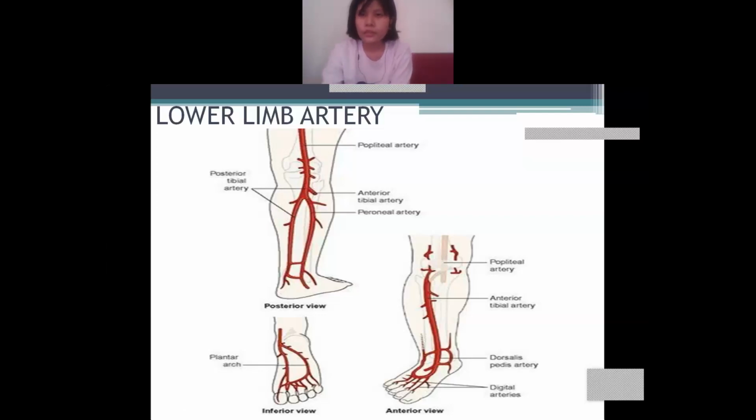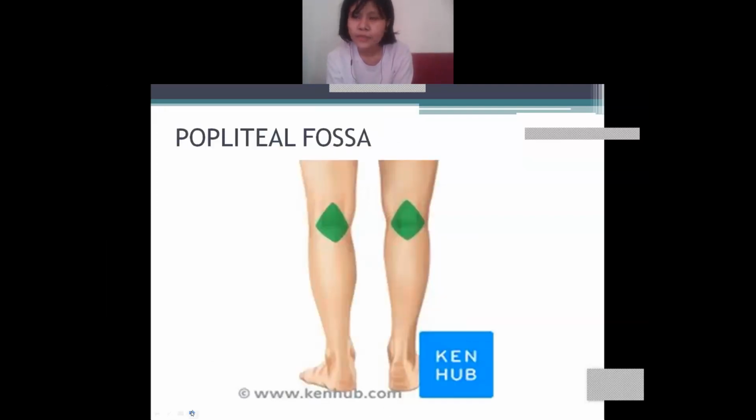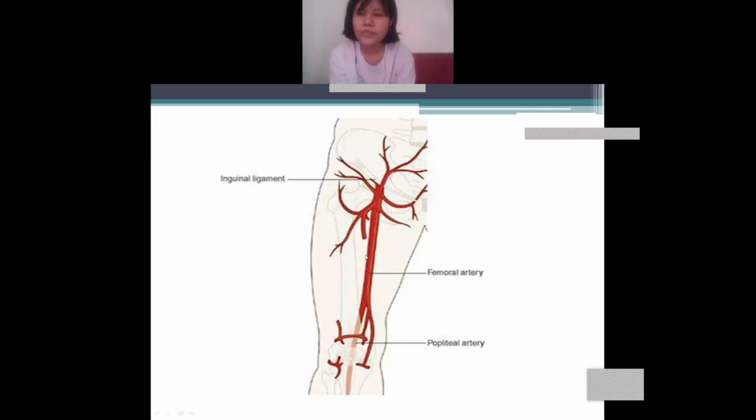So this is the lower limb. What will you find here? You will find the femoral artery here. Understand? Wait, let me show you. This is the femoral artery. You remember femur, the largest and the longest bone in your body. I have discussed it with you in your previous semester. Where will you find it? In your femur. This is your femur bone, right? So first, you will find the femoral artery.